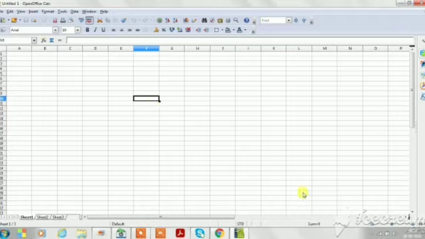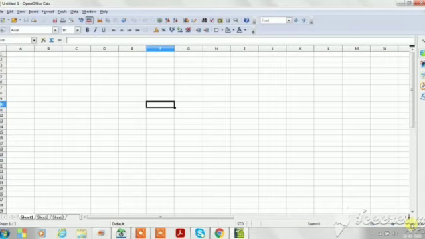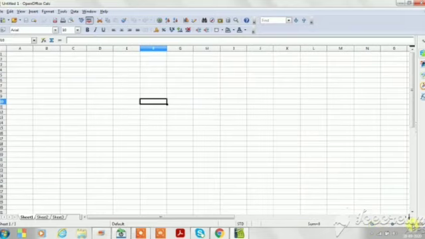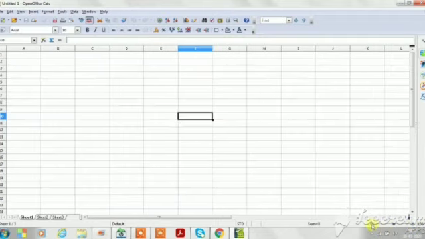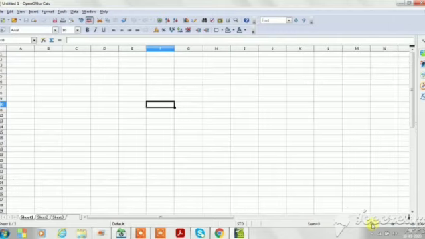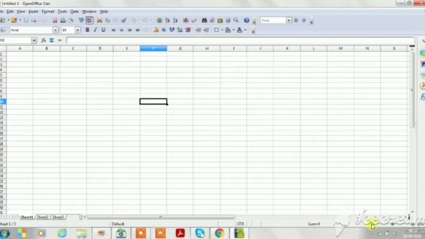Scroll bar. This is called the horizontal scroll bar and this is called the vertical scroll bar. Zoom control. This is called zoom control. They are used to enlarge or reduce the view of the worksheet. By clicking on the plus sign, it enlarges the screen just like this, and by clicking on the minus sign, it reduces the view of the worksheet.